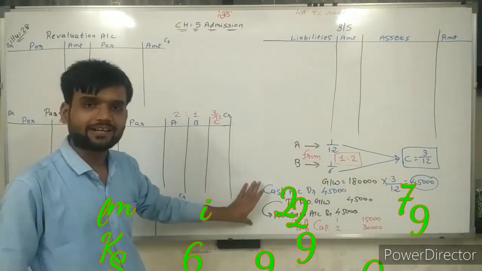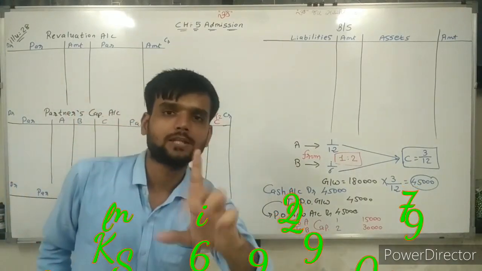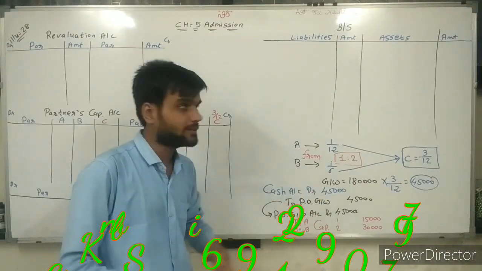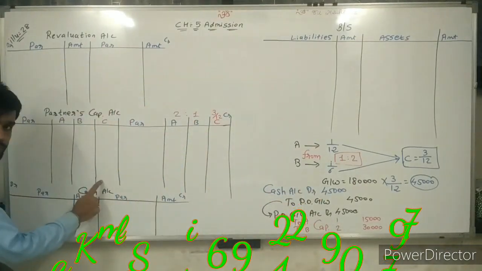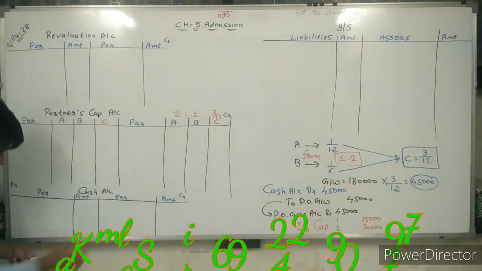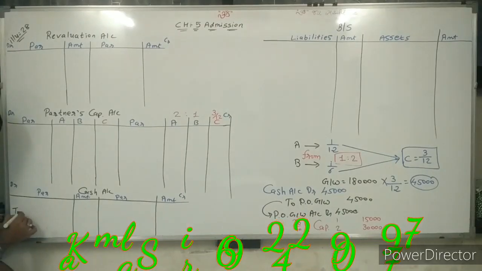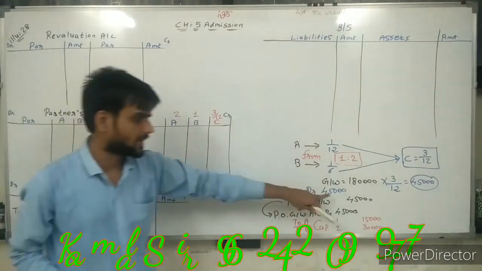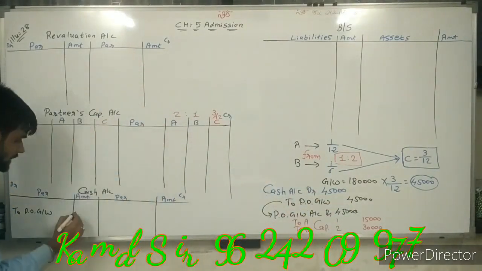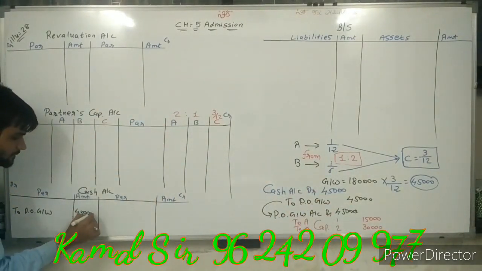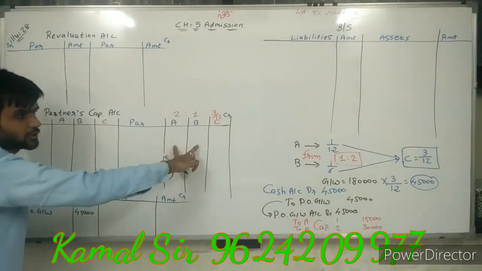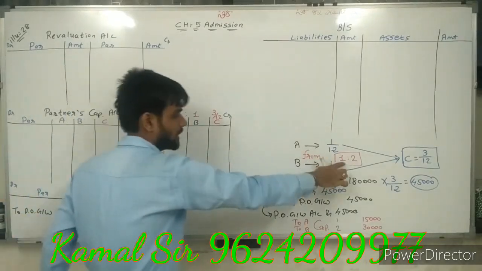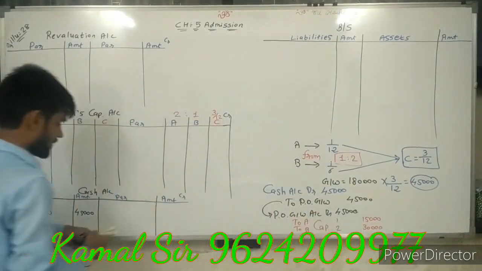So these are two journal entries related to goodwill. Now, ledger posting of this cash account debit. Sir, on the cash account debit side, write "to premium of goodwill." How many rupees are brought by the partner? 45,000. So write down 45,000. This 45,000 is distributed among the partners in their sacrifice ratio. Sacrifice ratio is 1:2, so distributed 15,000,